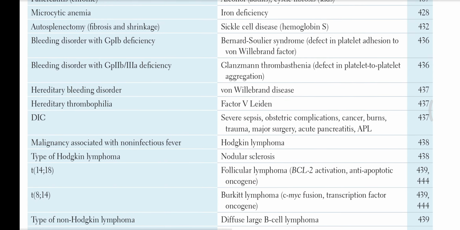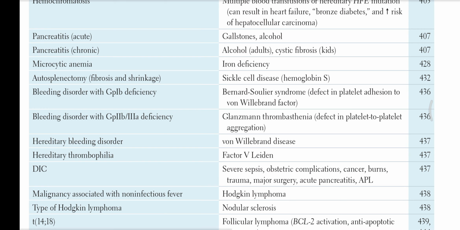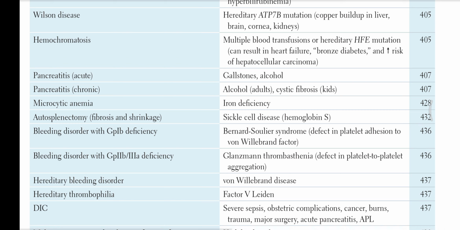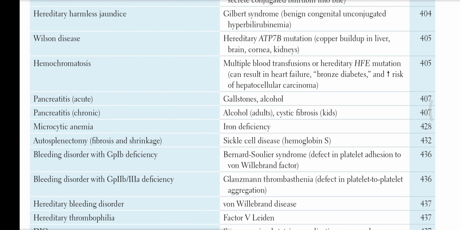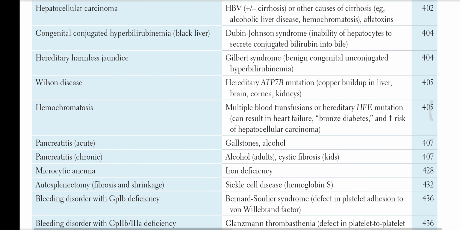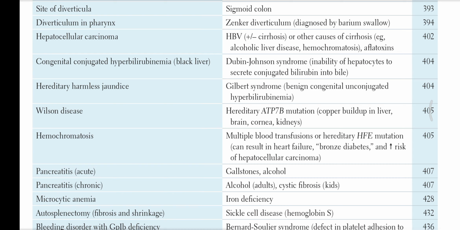T(8;14) Burkitt lymphoma, c-MYC fusion, transcription factor oncogene, T(14;18) is a follicular lymphoma, BCL2 activation, anti-apoptotic oncogene, type of Hodgkin's lymphoma, nodular sclerosis, malignancy associated with non-infectious fever, Hodgkin's lymphoma, DIC, severe sepsis, obstetric complications, cancer, bone, trauma, major surgery, acute pancreatitis, hereditary thrombophilia, factor V Leiden, hereditary bleeding disorder, von Willebrand disease, bleeding disorder with GP2B 3A deficiency, Glanzmann thrombasthenia, defect in platelet aggregation, bleeding disorder with GP1B deficiency, Bernard-Soulier syndrome, defect in platelet adhesion to von Willebrand factor, autosplenectomy, fibrosis and shrinkage, sickle cell disease, hemoglobin S, microcytic